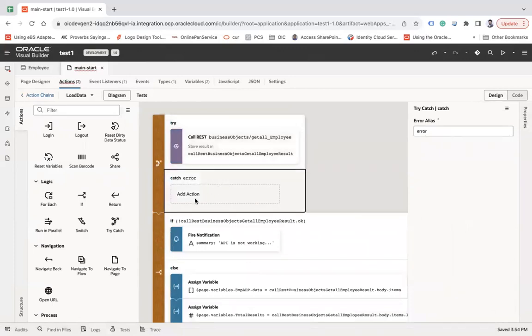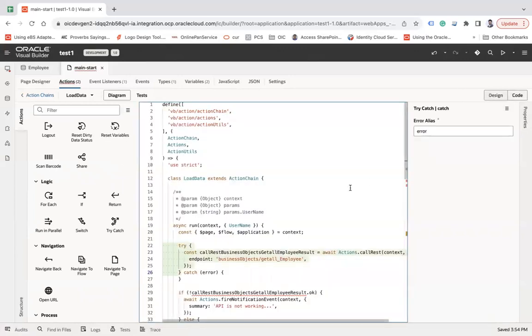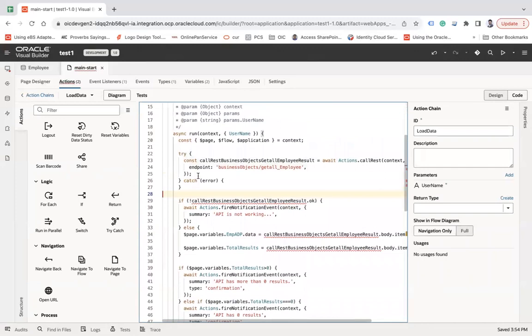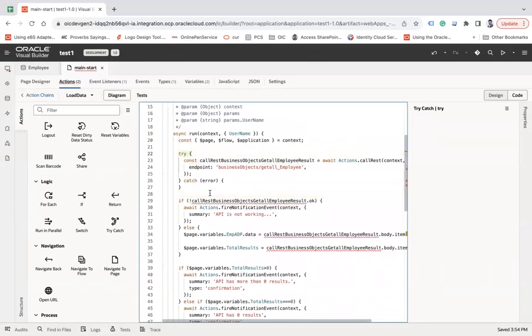Let's suppose this API fails, then you can catch the error, or you can insert the data into your business object if an issue occurs. If you want to delete this try, you can delete that as well. And if you go to the code section, here you can see try and catch has been added. So if you want to remove this, and here you can see this is failed. Why? Because this function is this